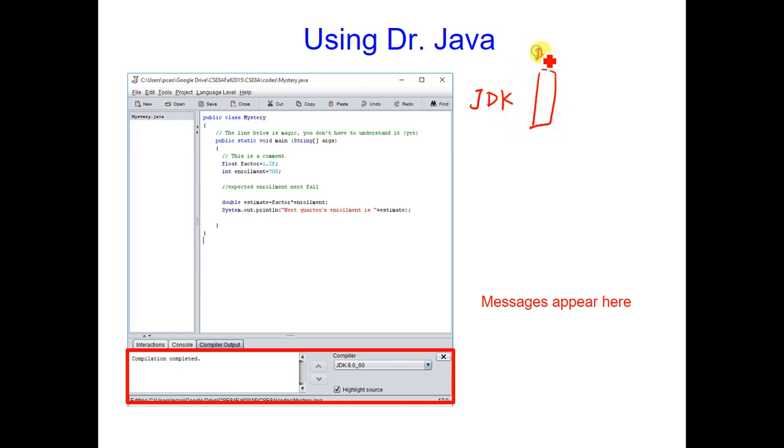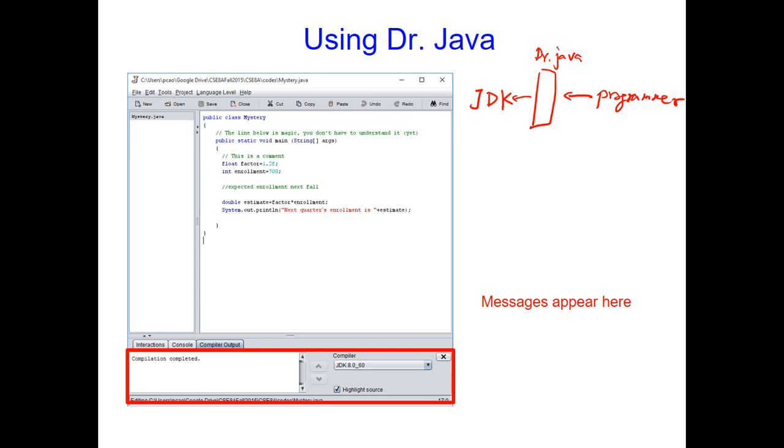So this is Dr. Java, and this is the programmer. That's you. So you as a programmer interact with Dr. Java, and Dr. Java is supposed to interact with JDK to execute your program. Once you finish installing JDK, you probably don't have to use it directly. If you have issues with Dr. Java, you should go to the tutor hours, like what I showed you before, to ask for some help.